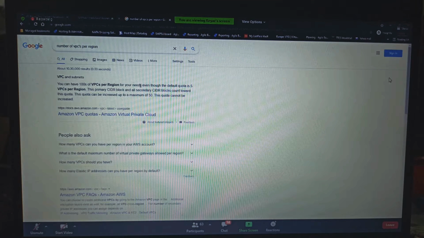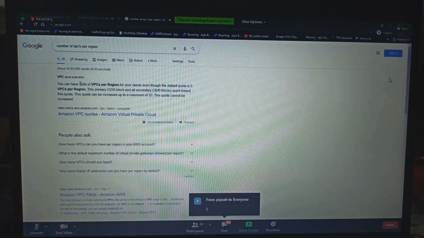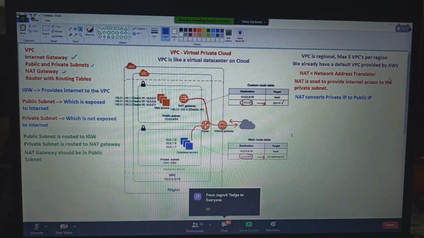The default quota is 5 VPCs per region. But if you raise a request with AWS, they will increase it, up to 100 VPCs per region. That is a soft limit. But remember, guys, maximum 5 VPCs per region by default.